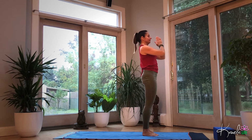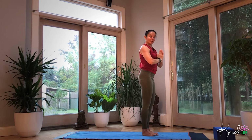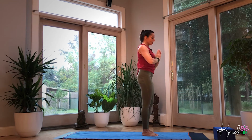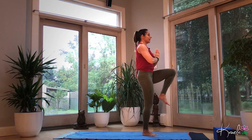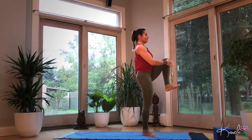Hands to heart. Taking a little balancing pose here. Staying grounded in the right foot, don't sink into that right hip. Lift that left knee into the chest. So you can stay right here, balancing here, if you want to go for a tree pose,